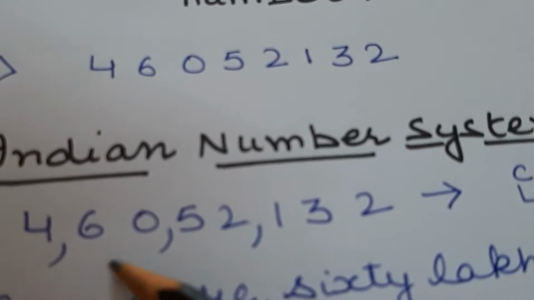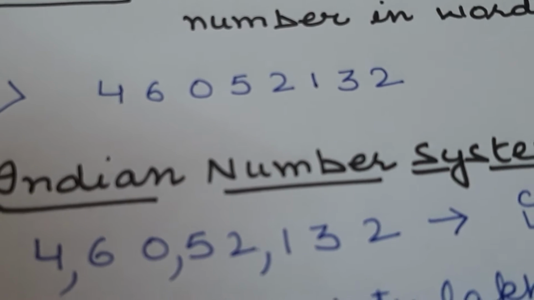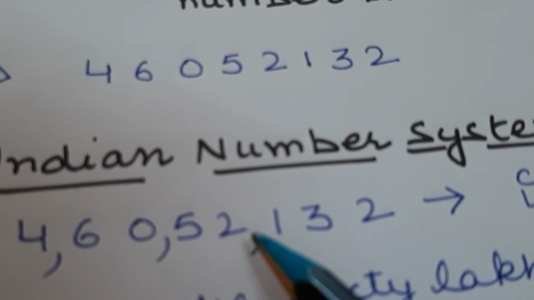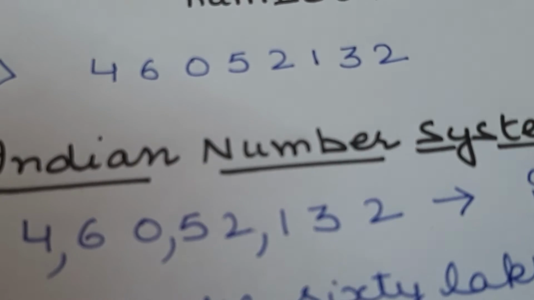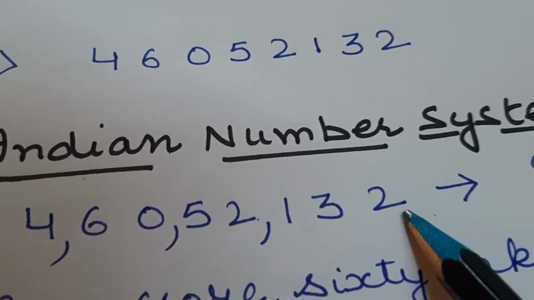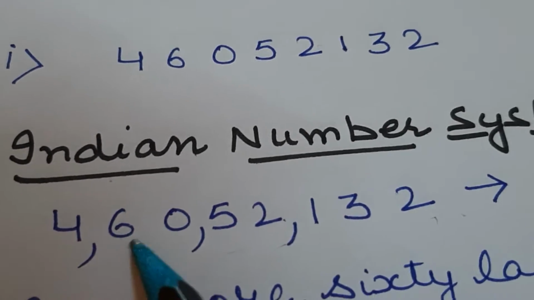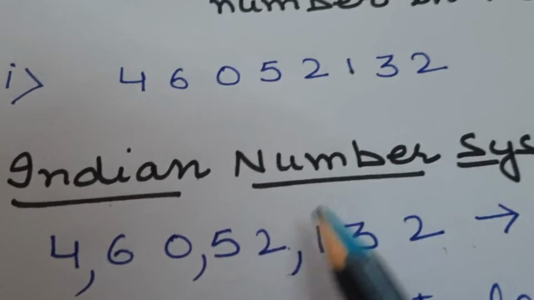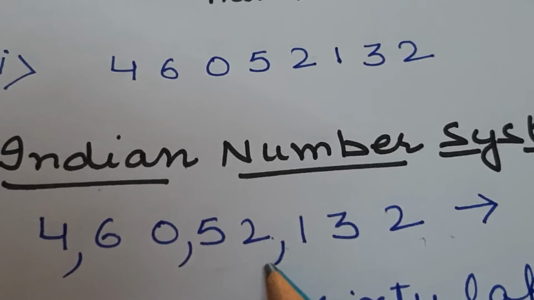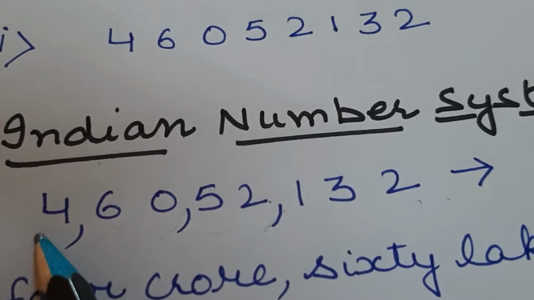Again I will write the number and mark the periods. You know how we mark the periods? How we put commas? We know the periods in the Indian number system. The first period consists of 3 digits. The second period consists of 2 digits. The third and fourth also have 2. So start from here: first after 3 digits, then after 2 digits, then again after 2 digits. Now a single digit is left.